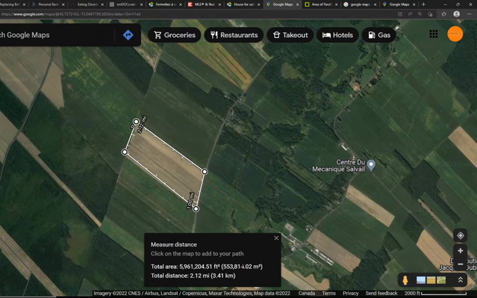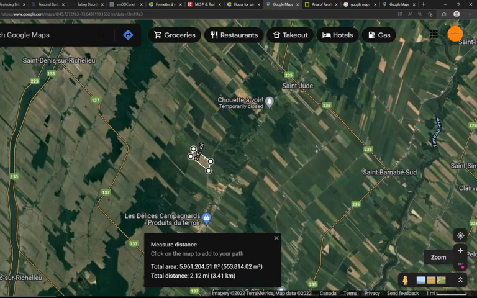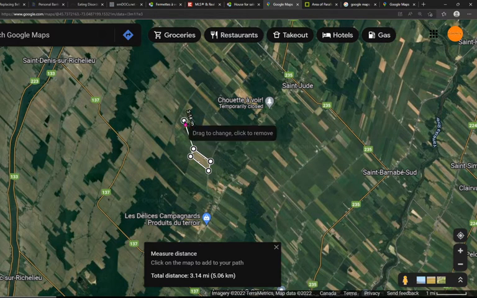Now the thing with square miles, it's all a matter of scale. Here you see this scale is not big enough for me to have a mile displayed here. It's too small an area for Google. So if you want to get miles, you will need to measure a bigger area. So let's just try to measure a bigger area.